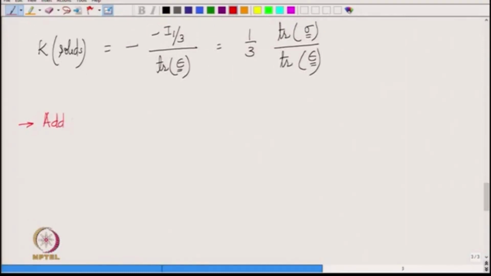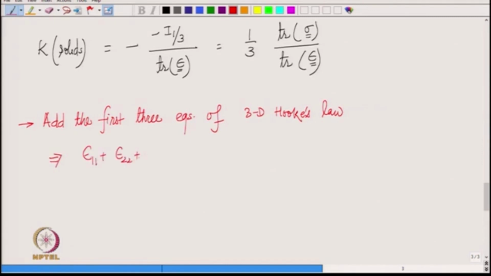So, add the first 3 equations of 3D Hooke's law. On the left hand side you will have epsilon 1 1 plus epsilon 2 2 plus epsilon 3 3, and on the right hand side you will have 1 over E times sigma 1 1 plus sigma 2 2 plus sigma 3 3